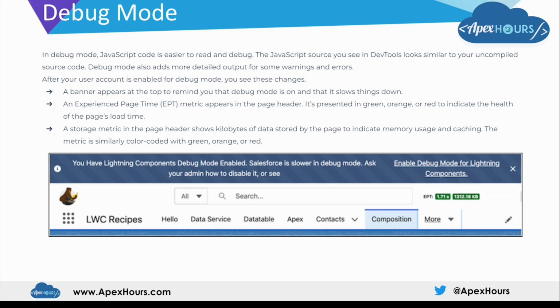So if it is green, the page is loading well. If it is red, then something is definitely wrong in the page. And also a storage metric in the page header shows kilobytes of data stored by the page to indicate memory usage and caching. The metric is similar, color coded with green, orange or red. So if you see the second metric, it will display page size. If the page size is too large and it is heavy to load, it is going to be in orange or red color. But if the page size is as per the best practices and not that large, it will be in the green